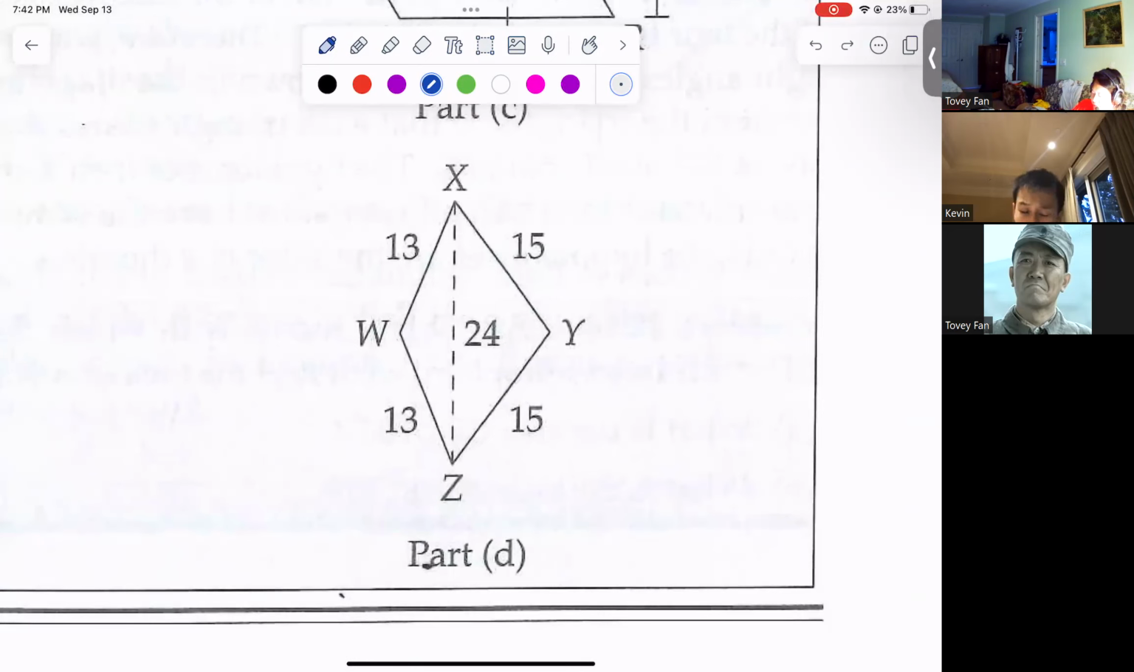It's like a rhombus. No. Oh wait, so maybe we could just solve both triangles. Yeah. So basically,